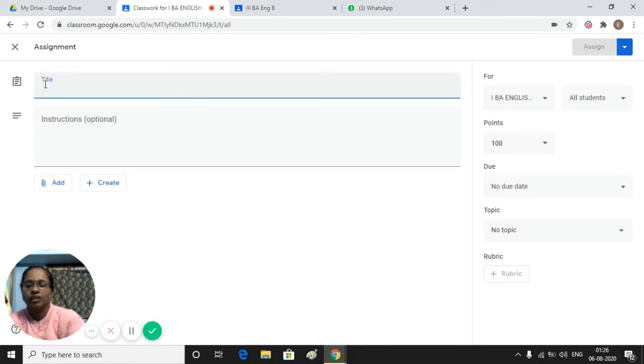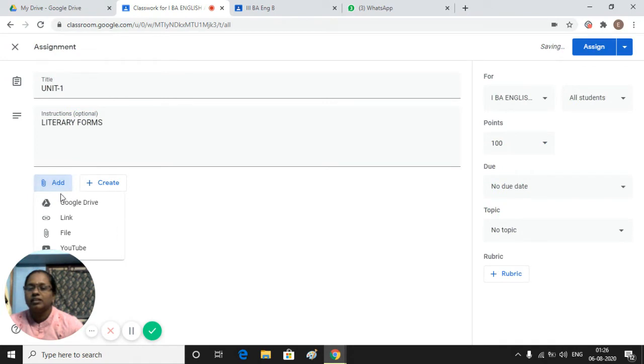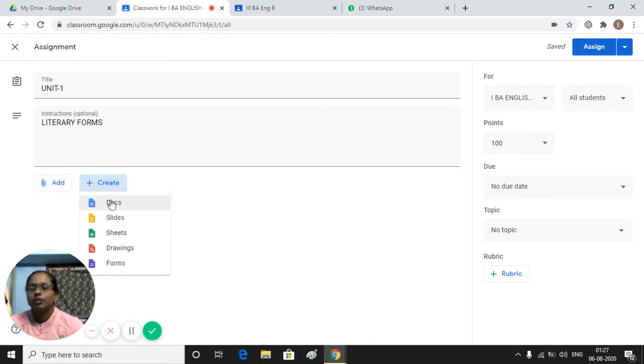For example, if you are giving an assignment in the first unit, you can type first unit and which topic, literary or so on. You can add by clicking this, from a link or file or YouTube. If it is already stored in your PC, file means you can directly drag the file and add it here, or else you can create documents, slides, sheets, drawings, forms.